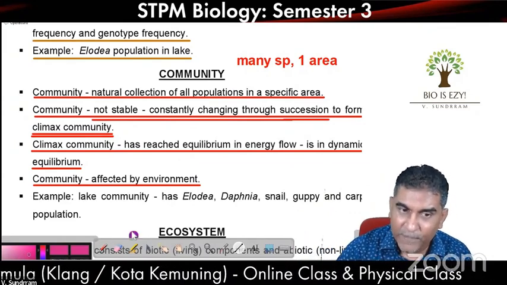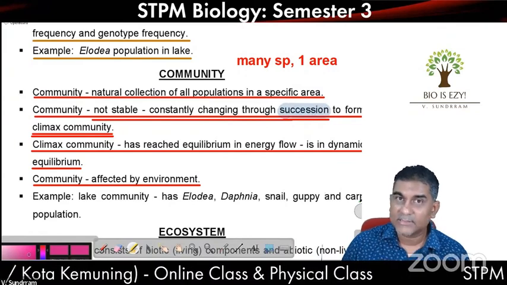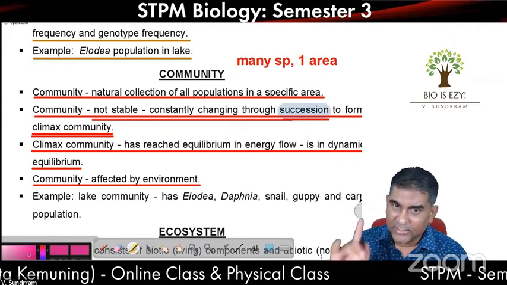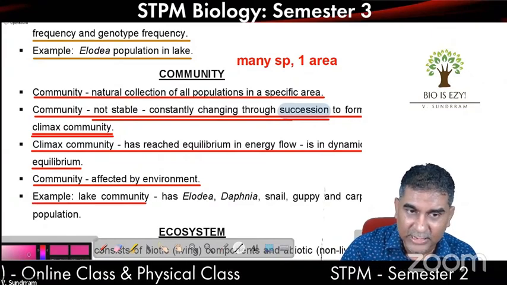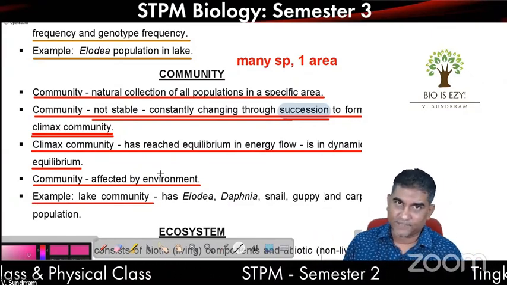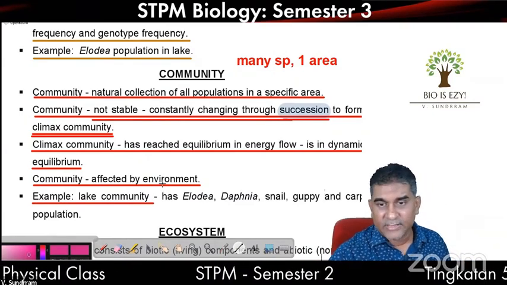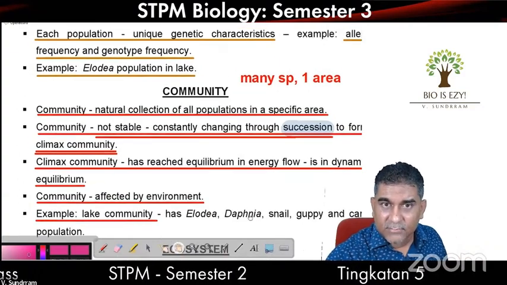How to form back a stable community? There's a process called succession. We'll cover it later. As usual, giving an example is 1 mark. So you can use either a lake or a forest, your choice. I've given here a lake community. Until here,